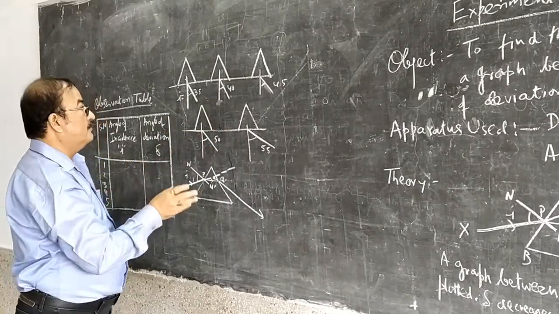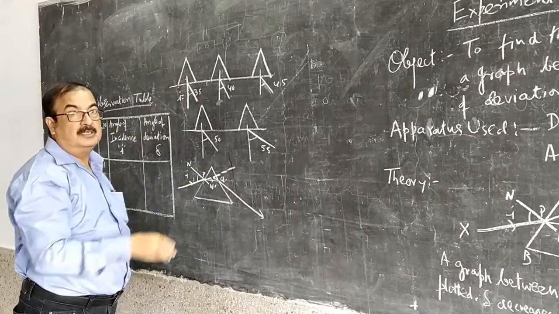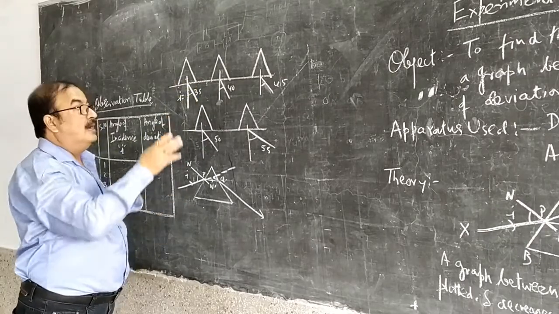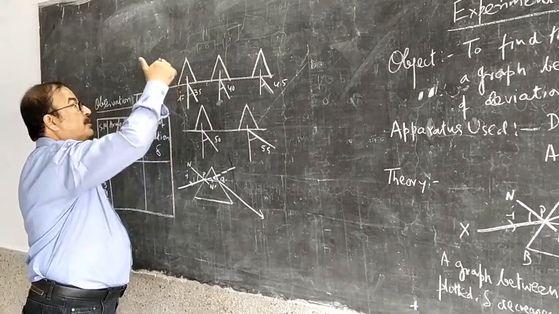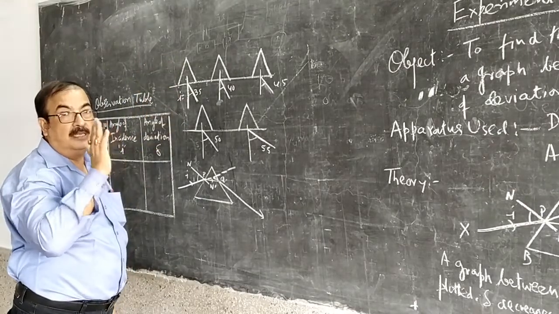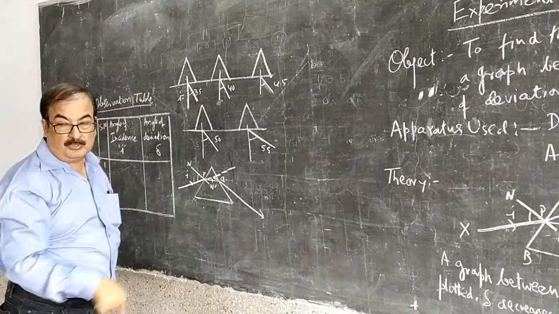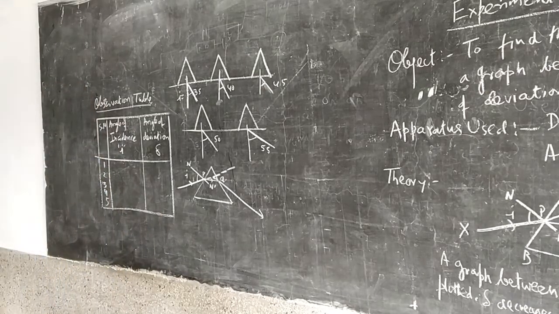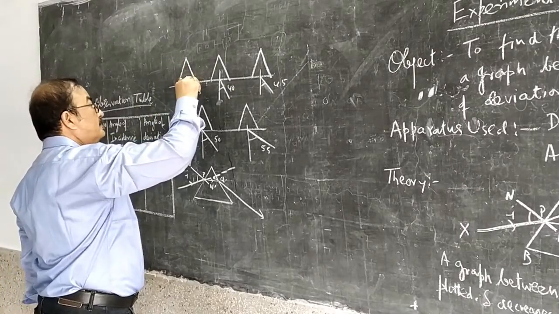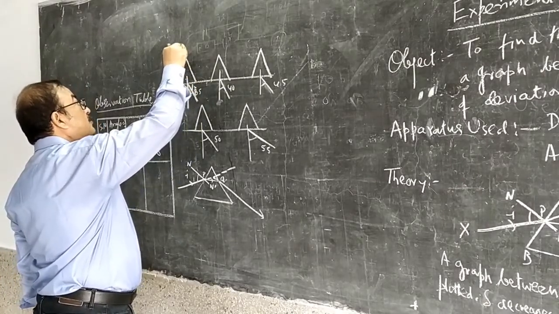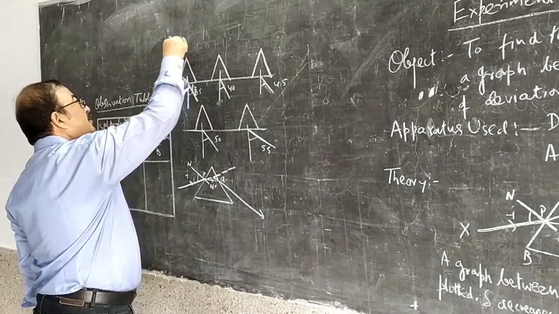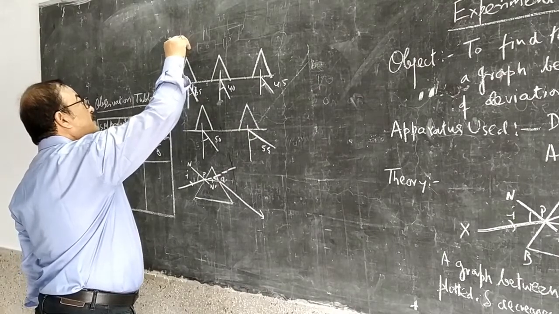After taking this, what we have to do, again we put the prism on it and then put 2 Alpin here. And then we see the images of these pins from the other side, the front side, this side. We can see both the pins are aligned in the same line. Then we put another 2 pins here, then we put another 2 pins, so that all the 4 pins are found to be in the same line.